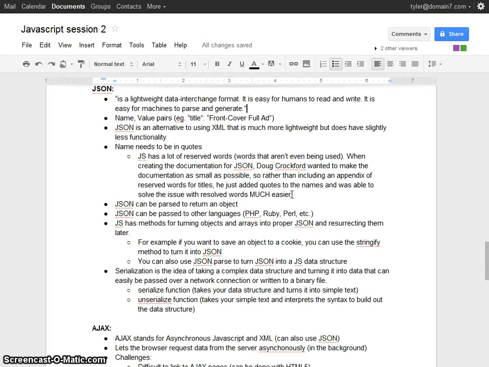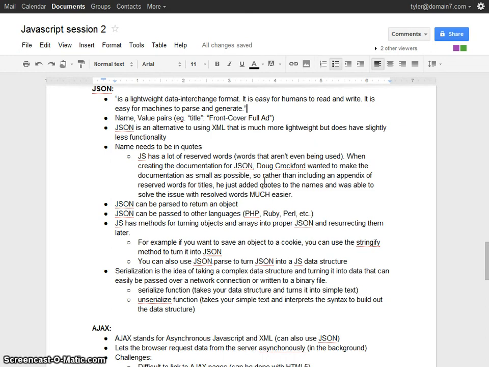So he was able to develop it very quickly and to get it standardized very quickly. And he did this as an alternative to using XML that was much more lightweight. And because it is more lightweight, it does have slightly less functionality, but I think it is incredibly easy to use and has become very popular for that reason.